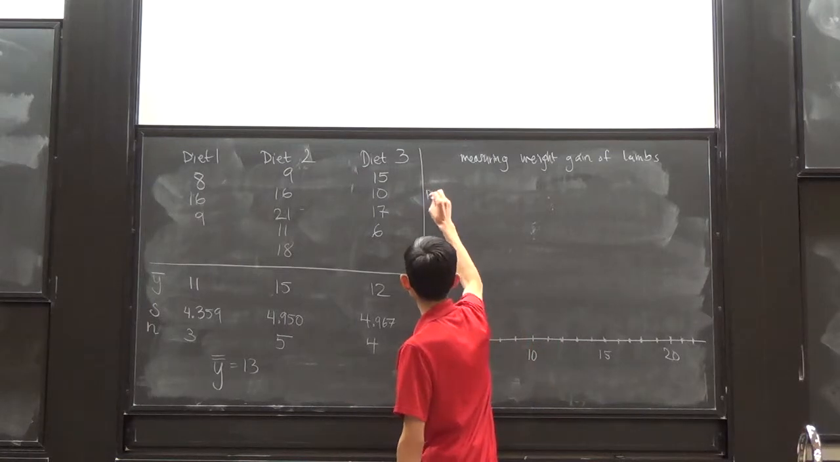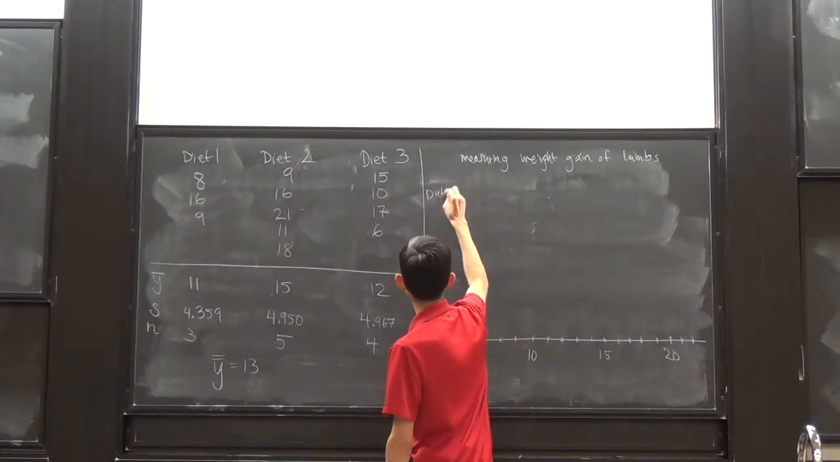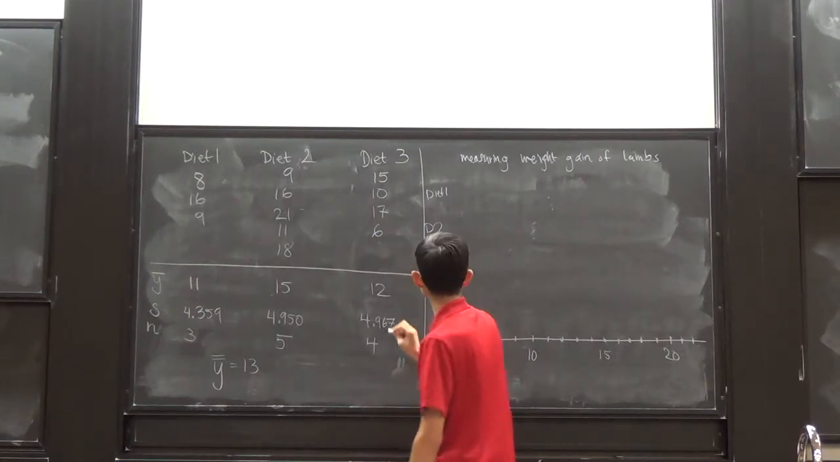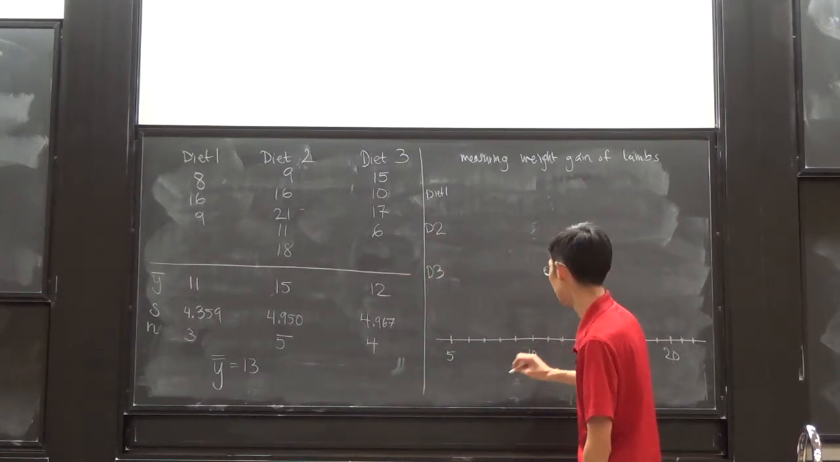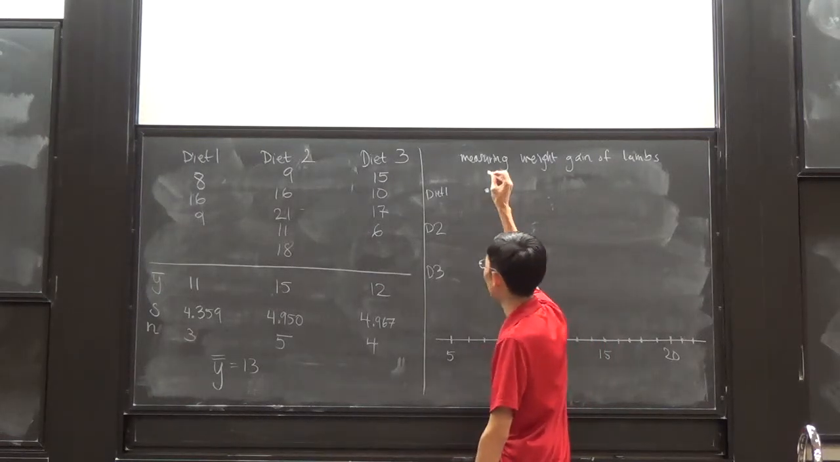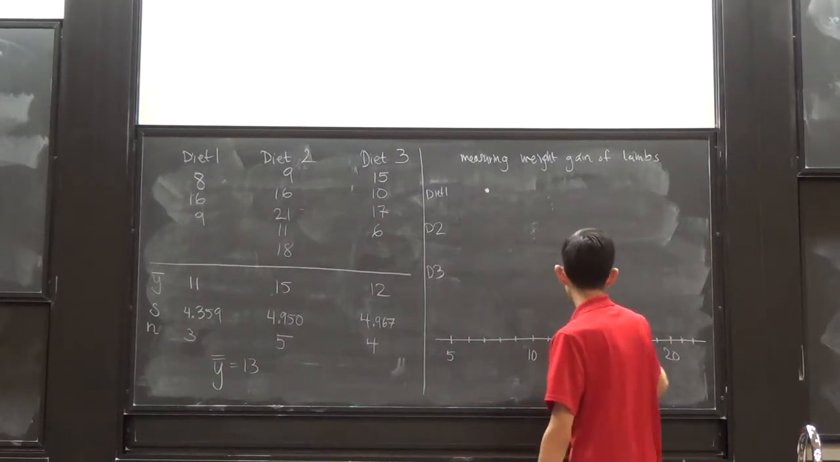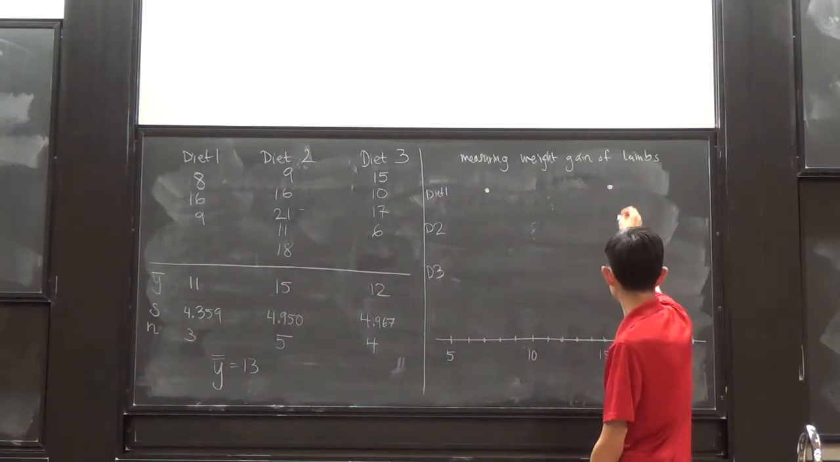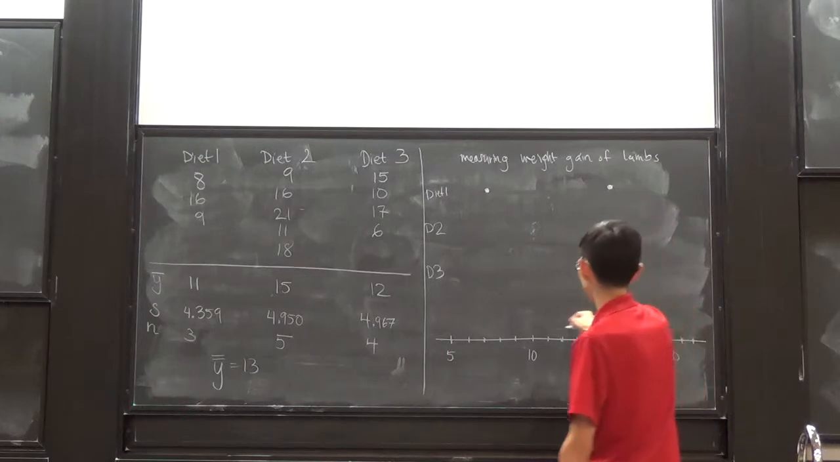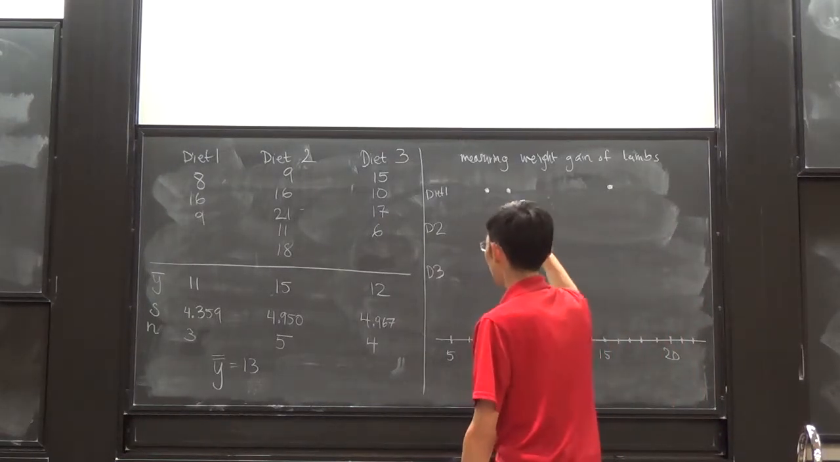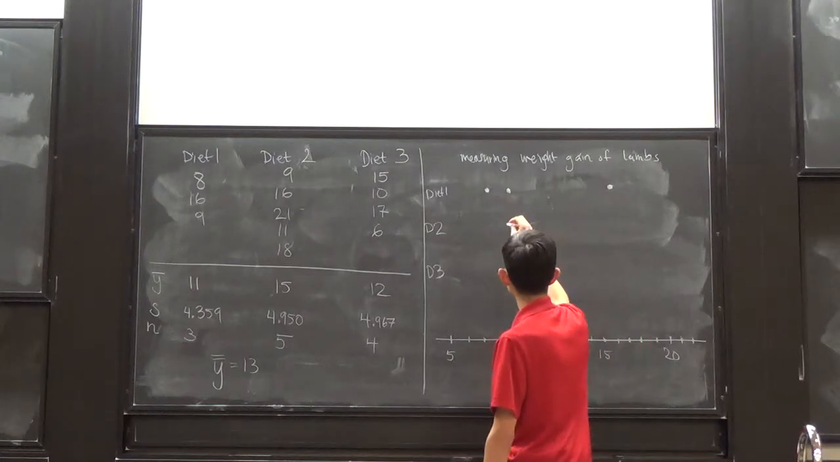Okay, so I'm going to create a dot plot of diet 1, diet 2, and diet 3. Under diet 1, we have one lamb that gained 8 pounds, one that gained 16, hopefully this lines up, and one that gained 9. And under diet 2, we have